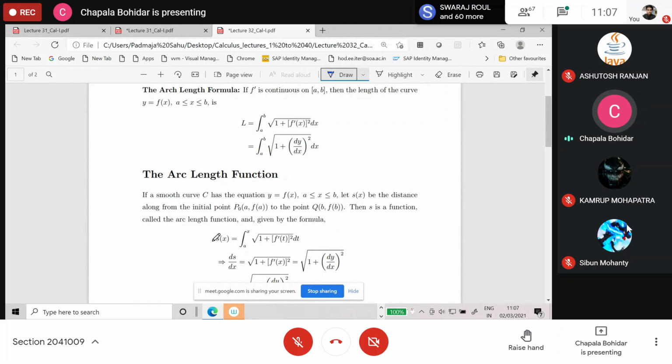Then S is the function called the arc length function and is given by the formula S(x) is equal to